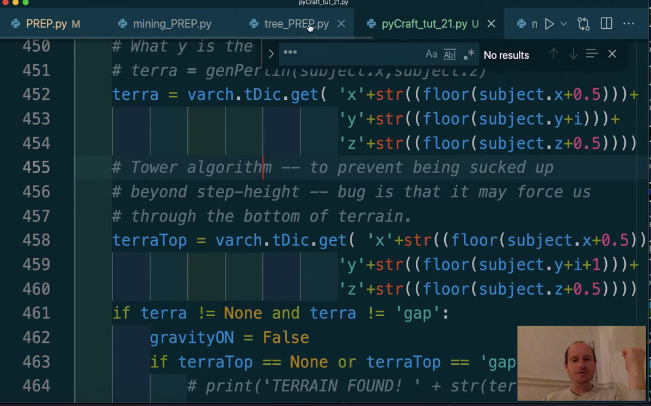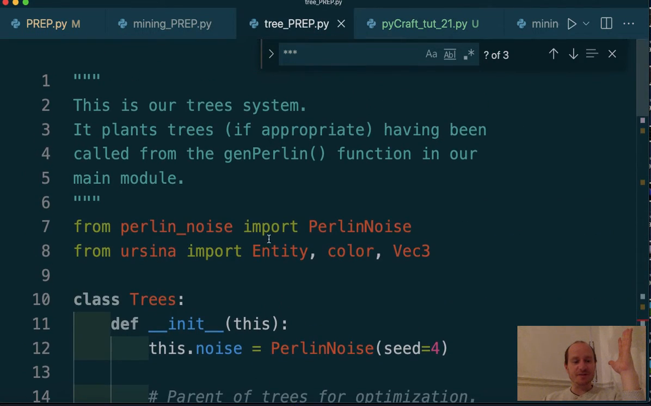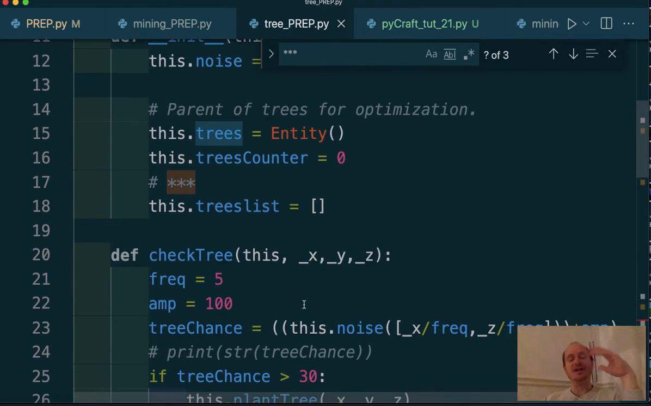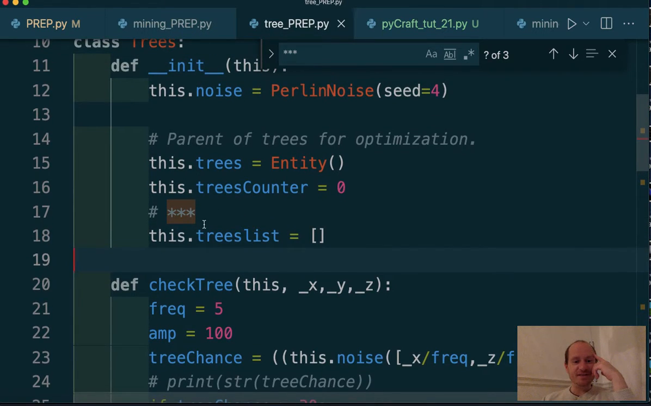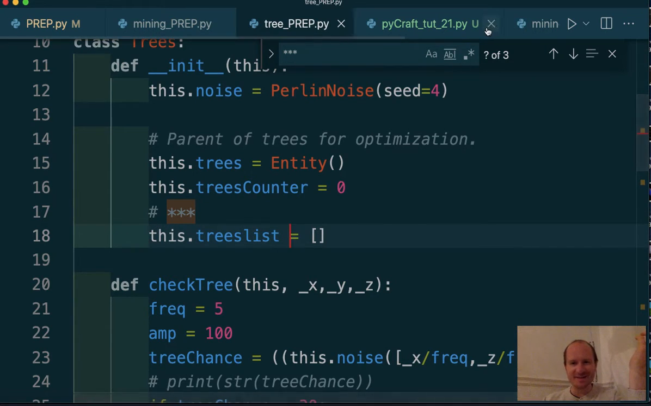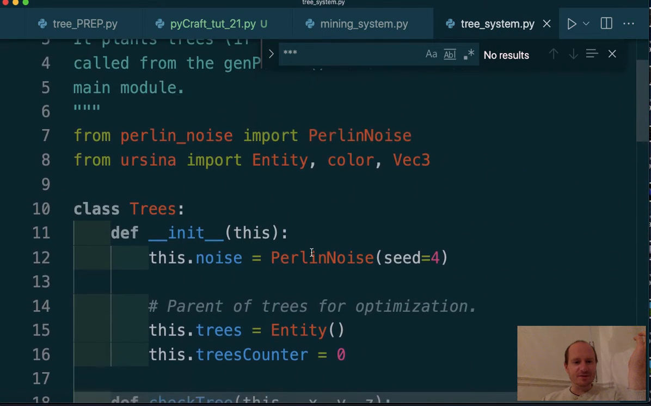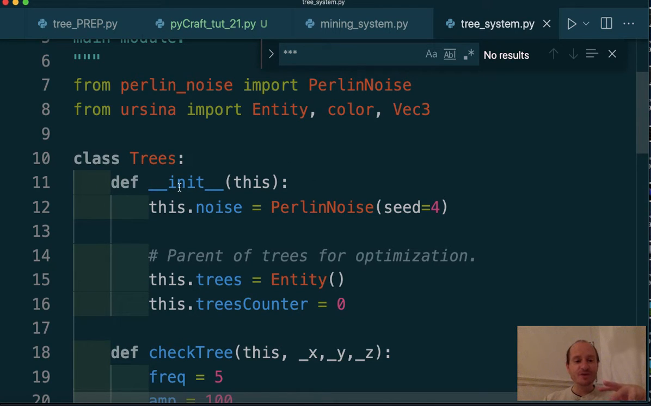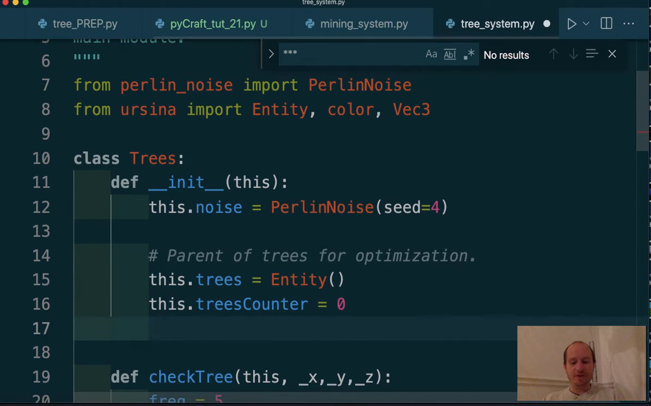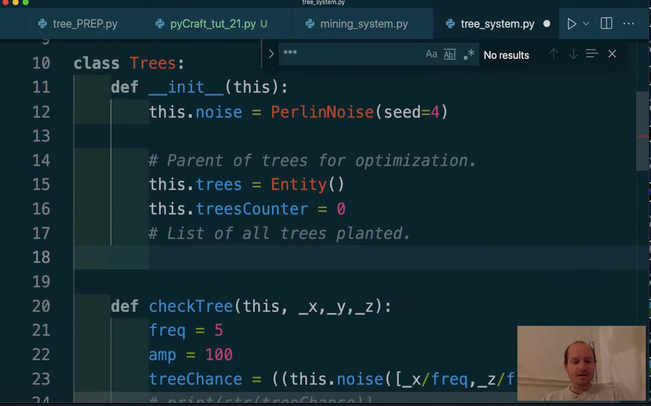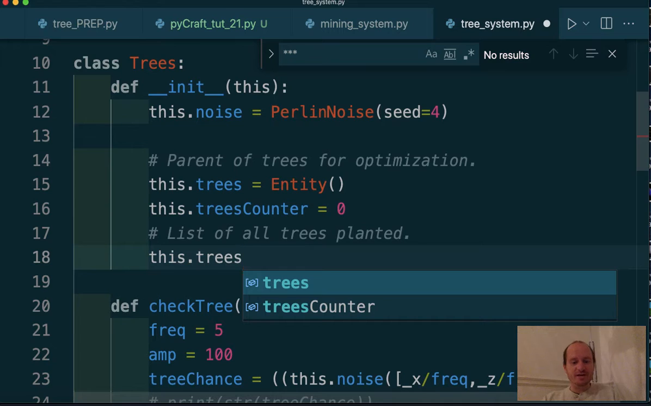Let's just go and do the trees, because the trees are all about saving those. Sorry, the changes that we've made so far in the main module are to do with trees. So line 17, here's where we make a new trees list. In fact, let's just type that out. In our constructor function, or the initialization of our class, parent of trees for optimization, we then want to make a list of all trees planted. So this trees list